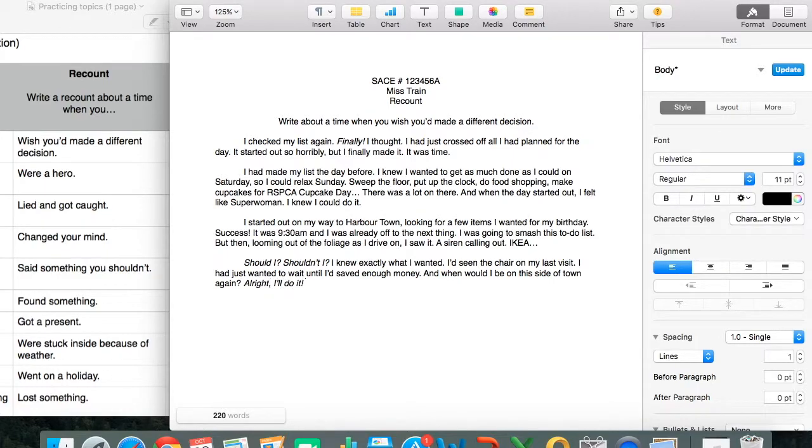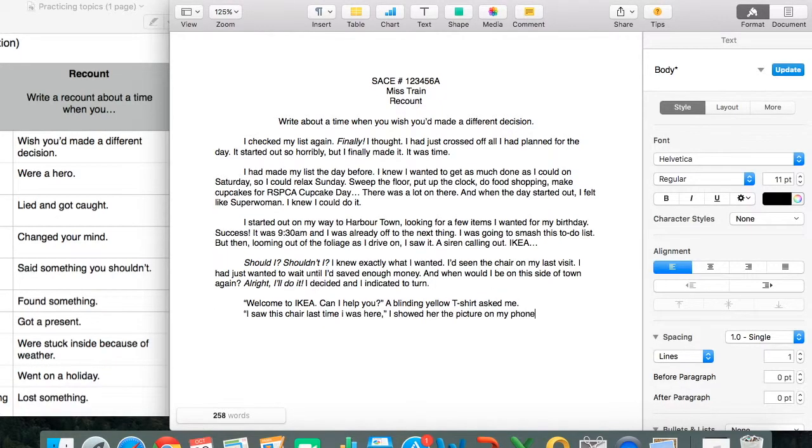As my example unfolds on the screen, I want you to take note of my paragraphs. I don't do them for no good reason. They are each an event in my recount. So if I wake up, that is one paragraph. If I leave the house, that is another. Each of them is a plot point along my story.